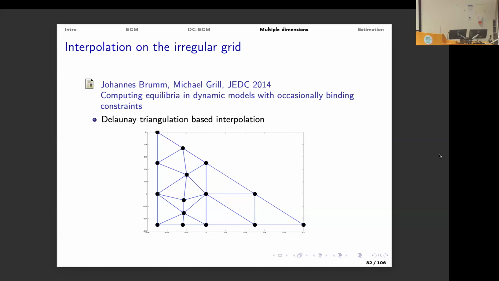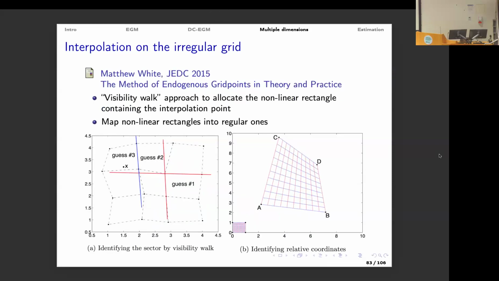Although I think there's a lot of people working on these problems because this is all about graphics. So this triangulation representation of surfaces in computer games, that's what this is really used for. So maybe we can borrow algorithms from computer science. But economists being economists, kind of developed their own algorithms, and Matt White, for example, has this approach where he's